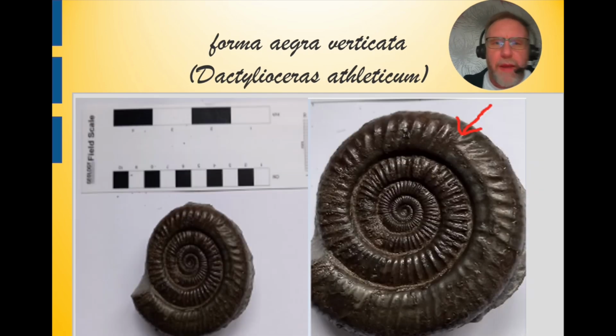Okay. A specimen of Dactylioceras athleticum for you from Whitby. This particular one, forma agra verticata, you can see from the arrow where the start of the damage is, and in this case something has attacked the ammonite when the shell had only grown this far, damaging the mantle, which is the shell producing part of the body in cephalopods, and it's left some permanent damage, as you can see, because the ribs change the angle that they're at,